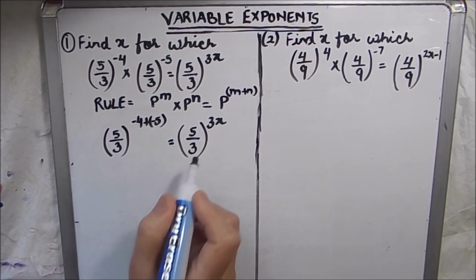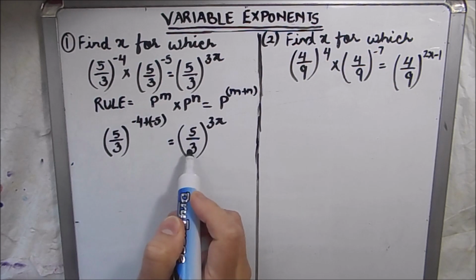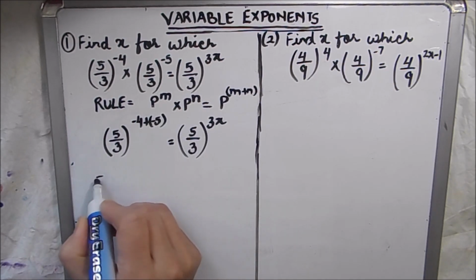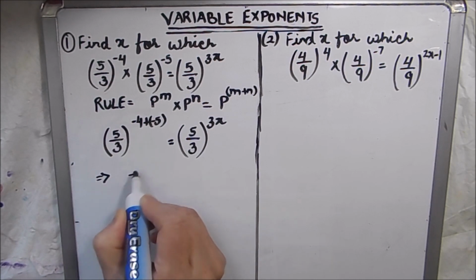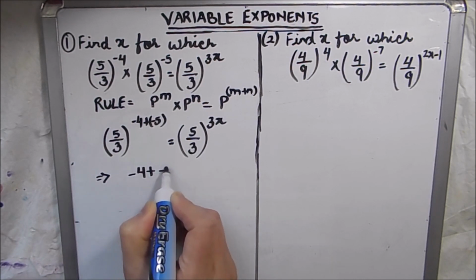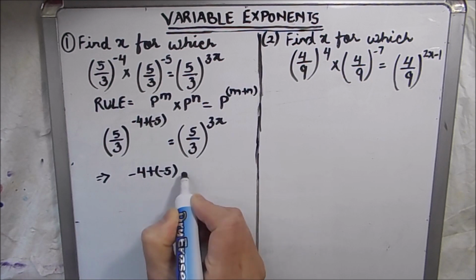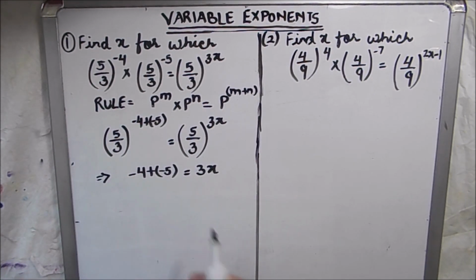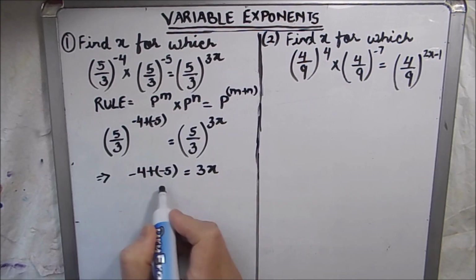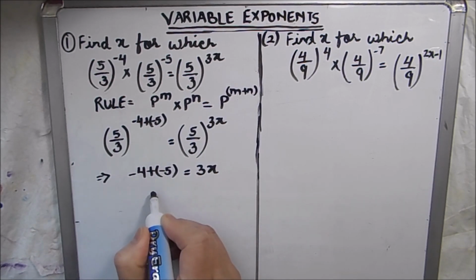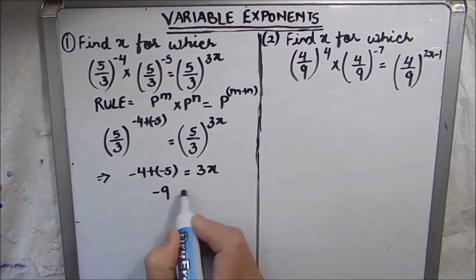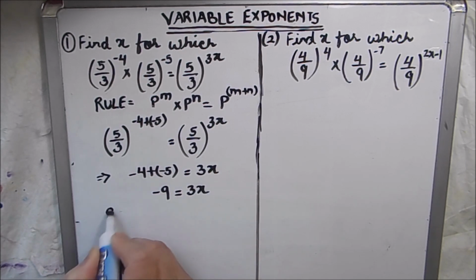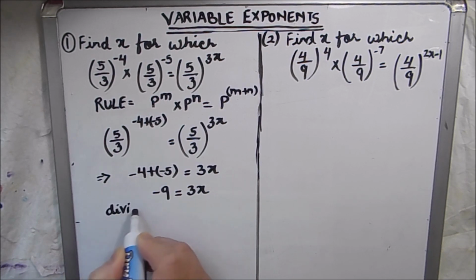Now here, as the bases are the same, we can equate the exponents. So by that rule we get minus 4 plus minus 5 is equal to 3x. Now we can solve for 3x here, because minus 4 and minus 5 give us minus 9 is equal to 3x. Now dividing both sides by 3,